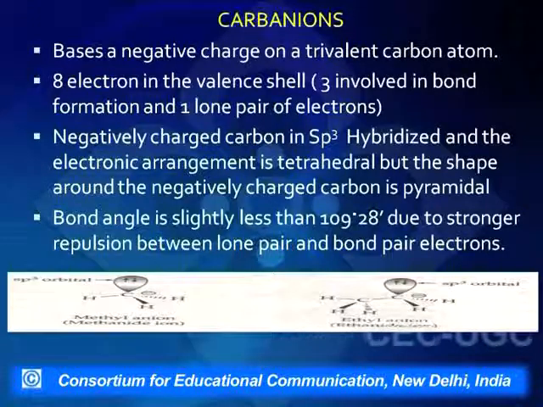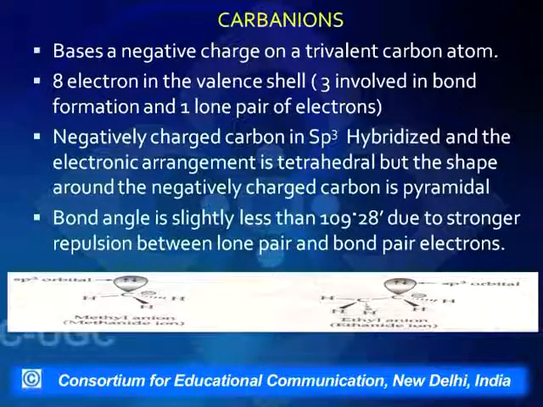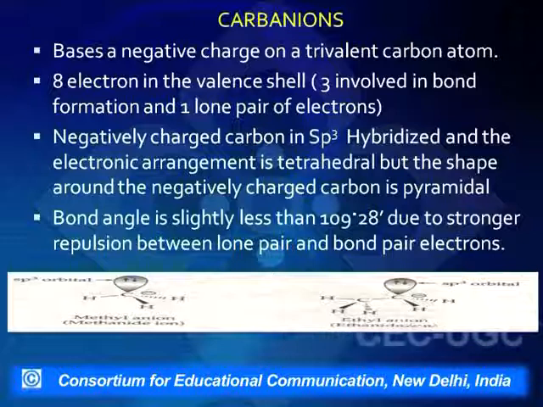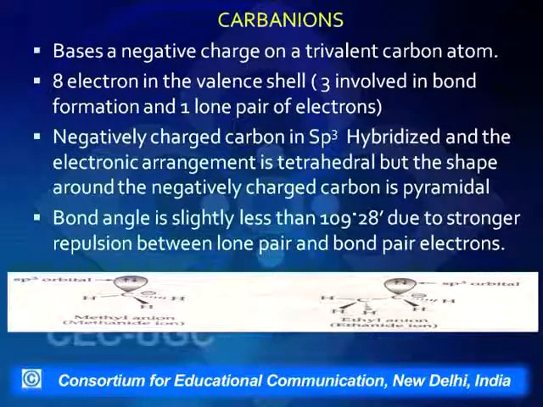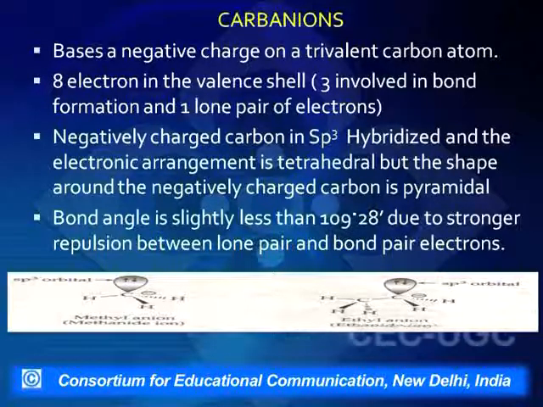So if we quickly revise, carbocations are formed when the group attached to carbon is more electronegative, and it will part with the bonding pair of electrons. Now if the story is a little different and carbon is more electronegative as compared to the group attached to it, when can this happen? Suppose we take an organometallic compound, then in an organometallic compound there is a bond between a hydrocarbon part and the metal atom. So in that case the alkyl part or the aryl part